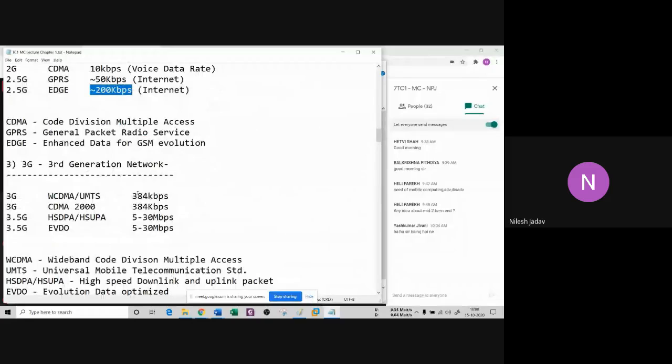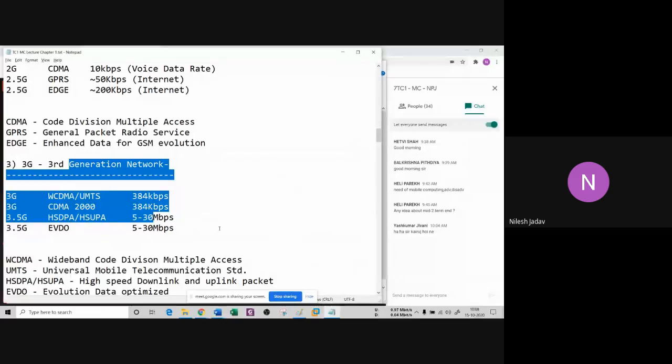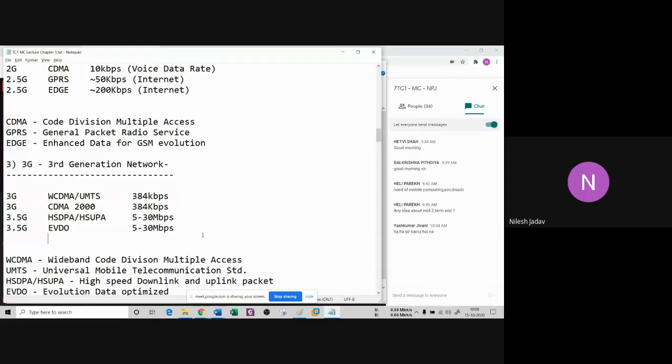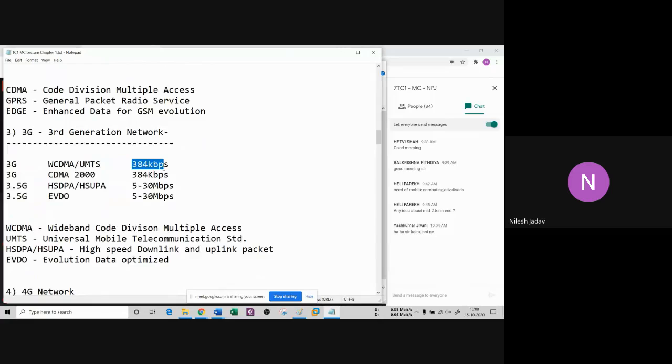we have a nice technology, 3G, which comes with the Android phone. It started from 2012 onwards, maybe 11 or 12. There is a craze for the third generation network with Android phones. So we have different technologies for that, and it gives you very soothing speeds here, 384 kbps and 5 to 30 Mbps. Well, you see this 5 to 30 Mbps, if you want this kind of speed, you need hardware for that. Very, very good hardware. So this is very expensive and all.